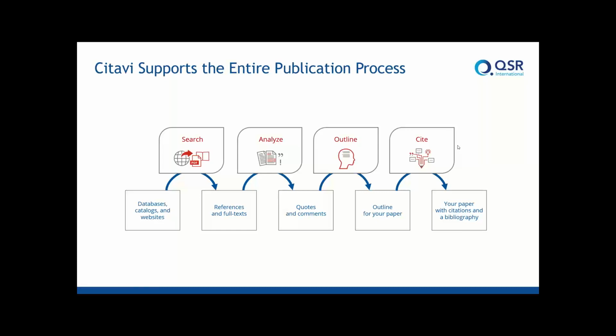And Citavi is a little bit different than some of the other programs out there in that it helps you throughout the entire publication process. So with these steps that you see here in the middle, you take the full text of your different articles, or web pages, even books, and you can bring out the information that's important to you and save it as quotes, as comments. You can save ideas in Citavi, and you can bring all of that into an outline,